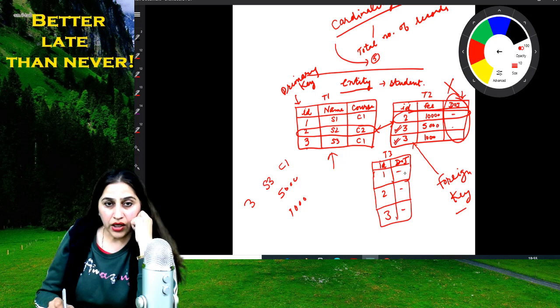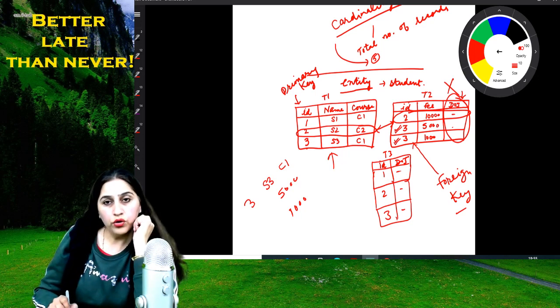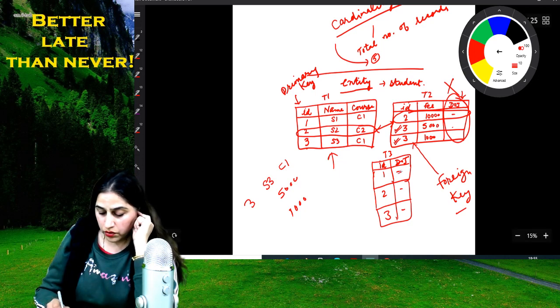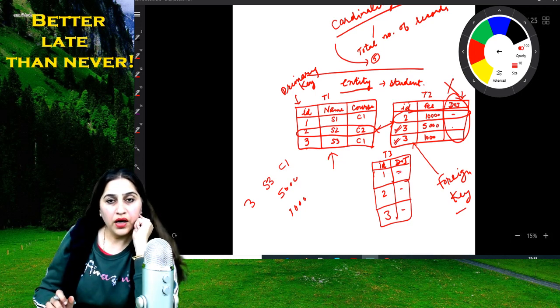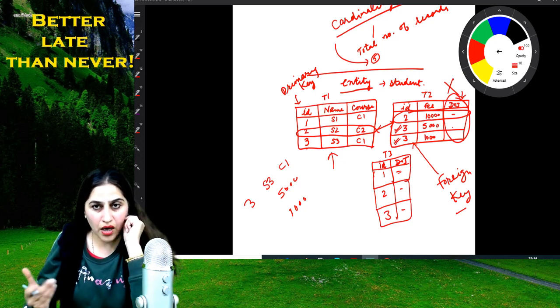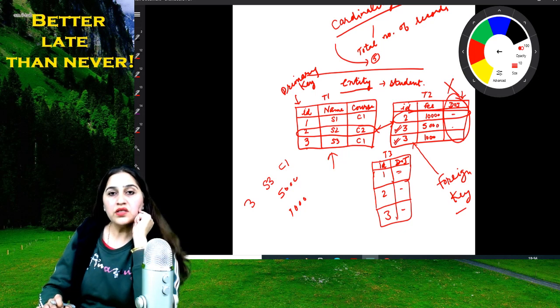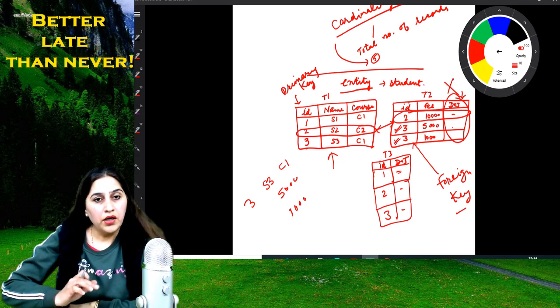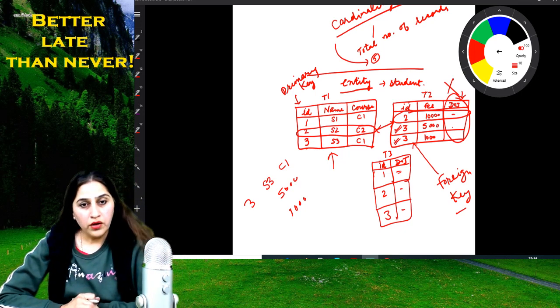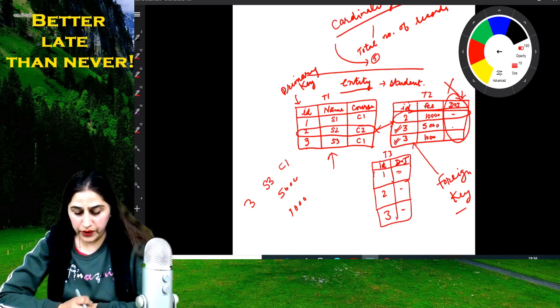Now DOJ I need not write again and again for students 1, 2, 3, on which date they have joined. I'll just feed this information once and later on I can extract the same information by relating all the 3 tables. This is the way we create a database. Now I hope you understand what is primary key. I will repeat this topic with another example in the next lecture.